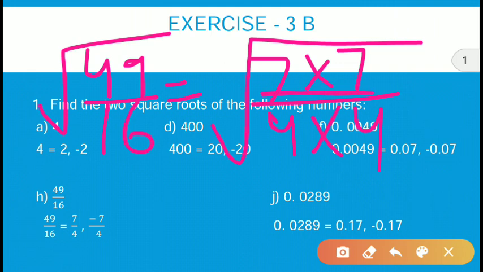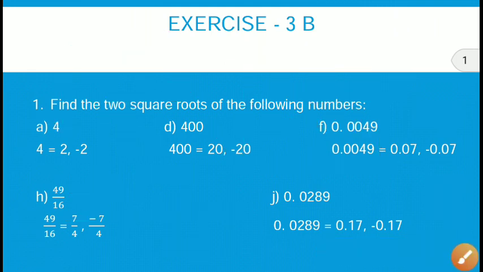So this is the one pair and this is the another pair. From the denominator you write only 7, because this is one pair, and from each pair you write only one digit. From this pair you write only 4, and when you remove the under root you just write plus minus 7 by 4. Means one time you write 7 by 4 and another time you write minus 7 by 4. That means these are the two square roots of 49 by 16.